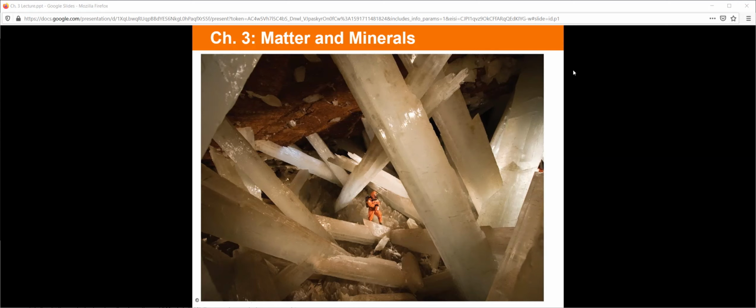So first thing, this picture is real. That is an actual person in this picture, and those are actual gigantic crystals. This is a mine, I believe, in Mexico someplace. And yeah, that's not like a figurine. That's not a stage photo of any shape or sort. It actually exists. And it's someplace you can visit if you have the money, I guess. And this picture does a good job of indicating what these minerals and this matter can look like.